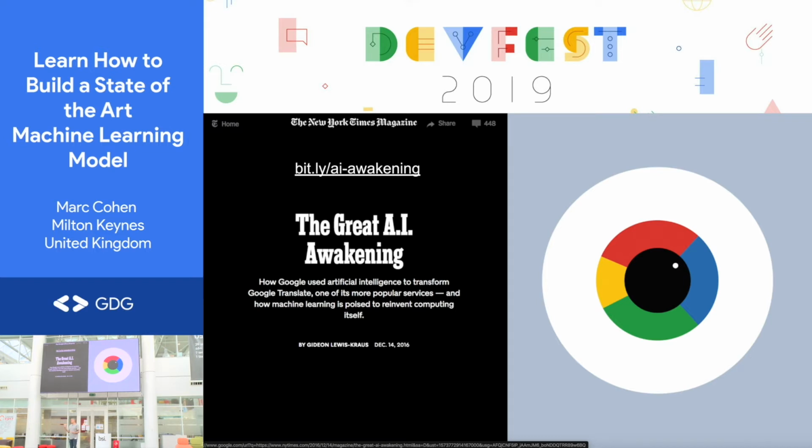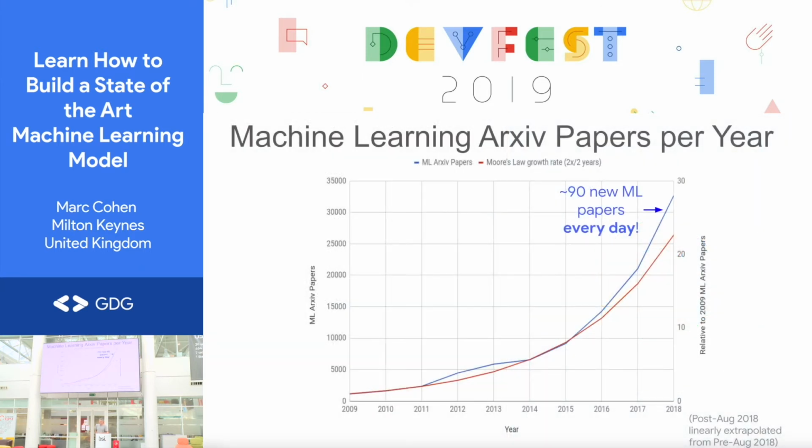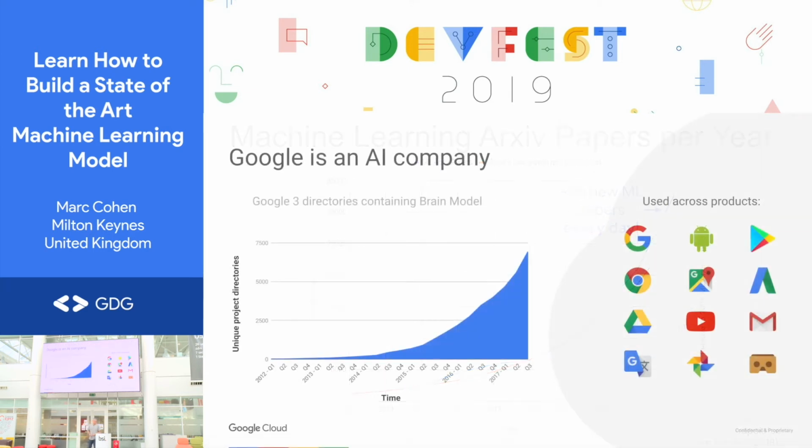When they were done, they ended up with one model instead of 150. So they'd built something that fundamentally understood language in a very deep sense, that could translate from any of those 150 languages to any other. It's quite a dramatic story, and an interesting snapshot in the history of the development of this technology. If you look at the papers that have been published about machine learning every year, you see this exponential curve. That's kind of a clue that something's been going on.